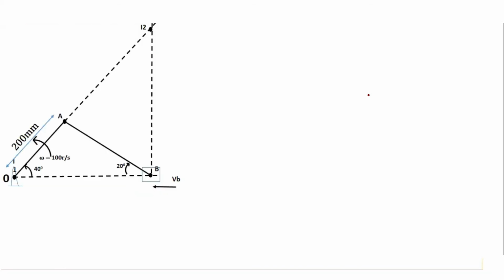As I said, first we will write down the link name. First link is link OA. For link OA, what is the ICR? The ICR is I1. So I will write here, for link OA, ICR is I1. By writing this, what am I ensuring? The chances of mistake will reduce if you write like this. There is a link OA and ICR is I1, so I have confirmed that whatever distance I take will be from I1 only.